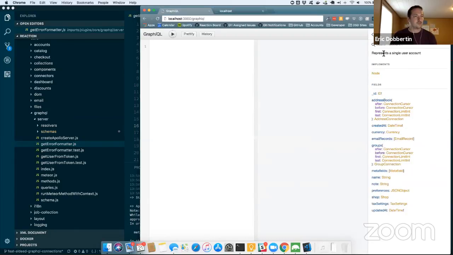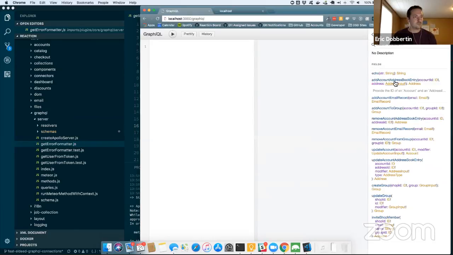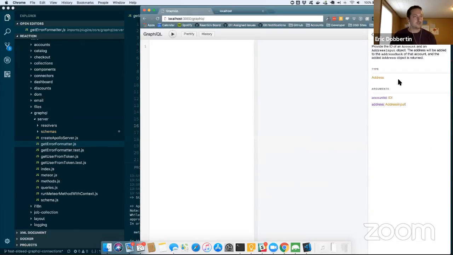Okay, so this one has a small description. I think there's maybe some mutations that have more documentation. So here's an example of documentation for this mutation. So you'll be able to pretty well explore all the way down through every mutation and query and see a description here to give you an idea of what it returns or what it's all about.